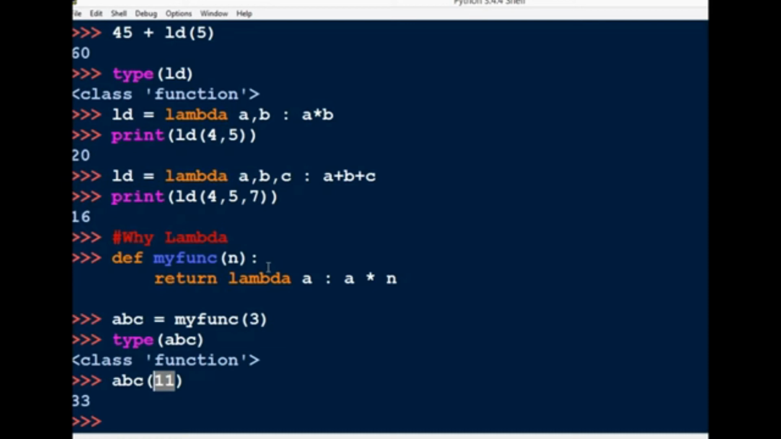You can write down one simple sentence here. Use lambda functions when an anonymous function